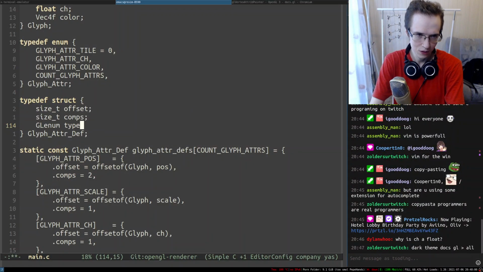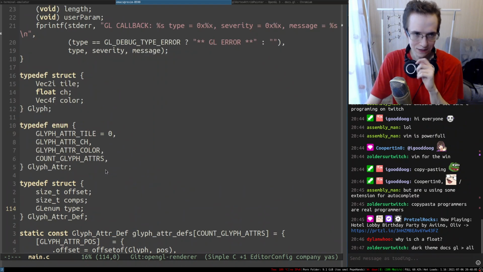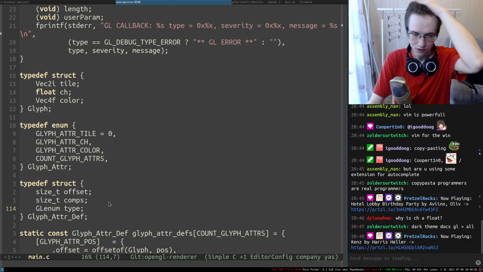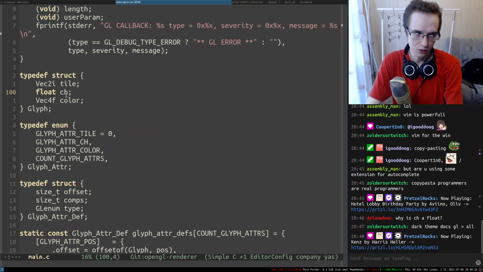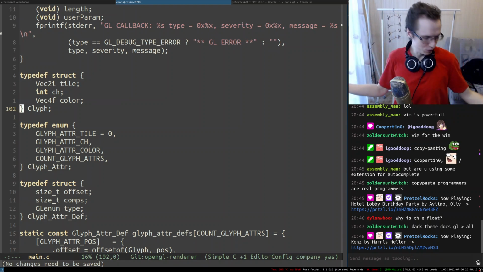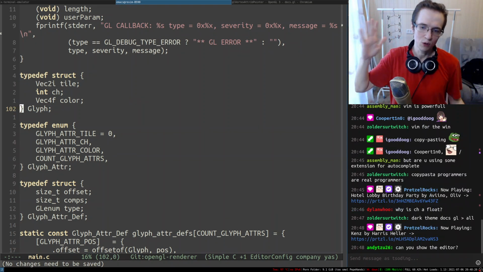So it's a GLenum type. And since now our GL definition actually includes types, I can finally change the character from float to integer, right? Because before we did that because I just assumed that all of the attributes can be only floats.